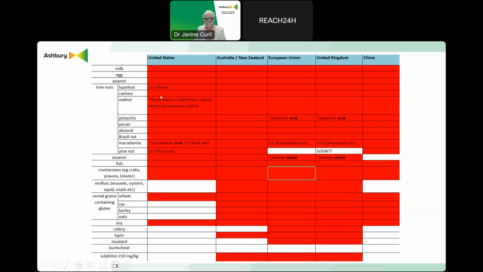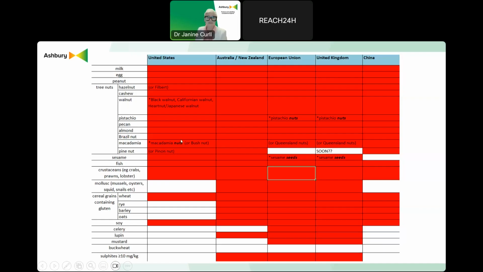You'll also see I've highlighted certain names that are different in the United States. The requirement is for the common name to be used, and in their advisory documentation, additional names are provided for walnut and pine nut.